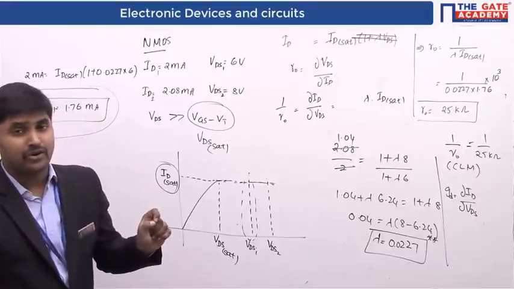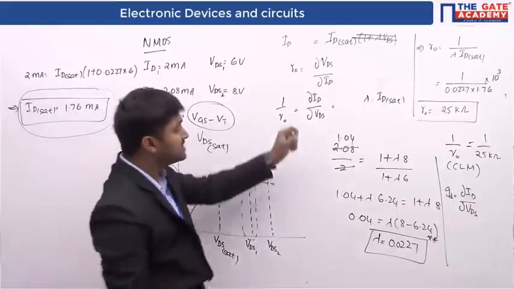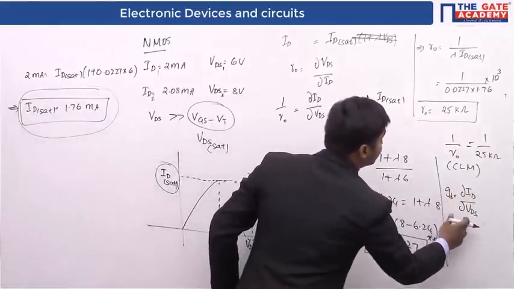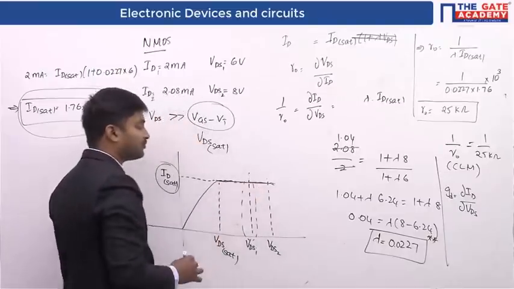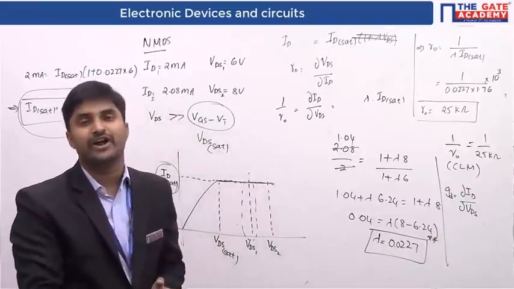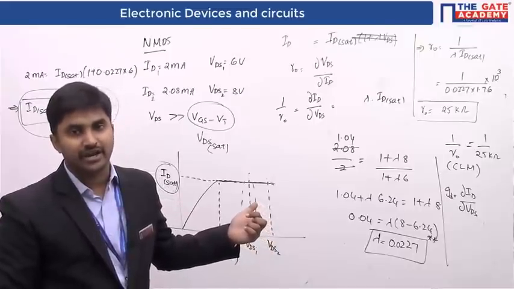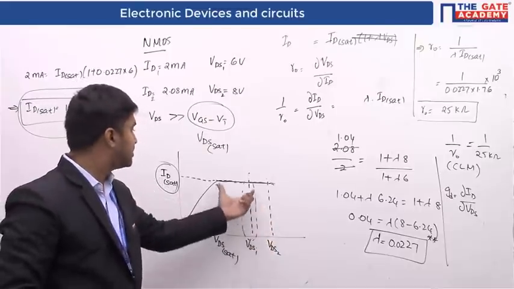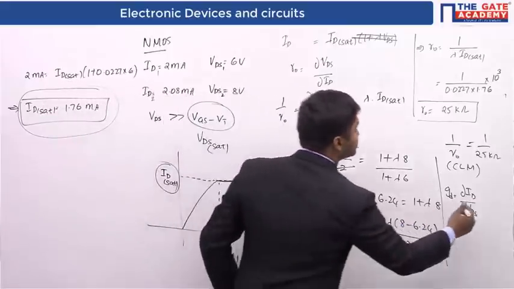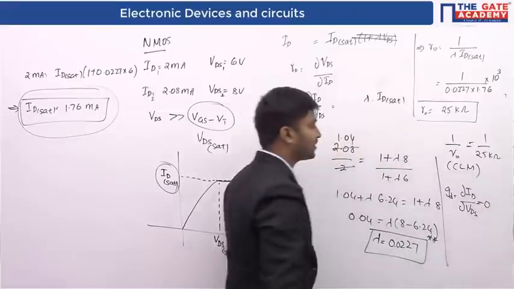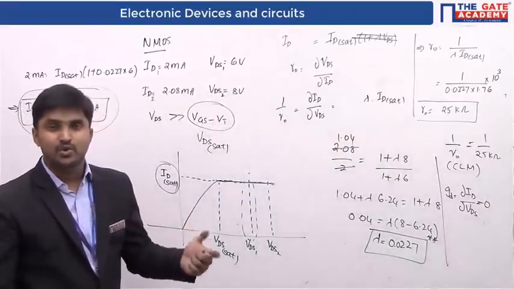Now, when you want to find out the drain conductance, it's nothing but the change in the value of ID with respect to the change in the value of VDS. And we know here the slope is going to be 0. It means that there is no change in the value of ID when you change the value of VDS. So dou ID by dou VDS is going to be equal to 0 once you consider there is no